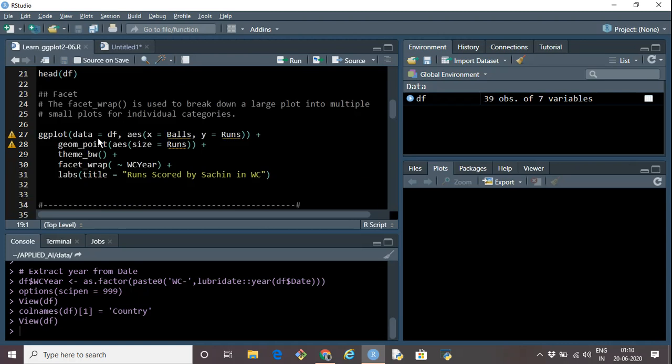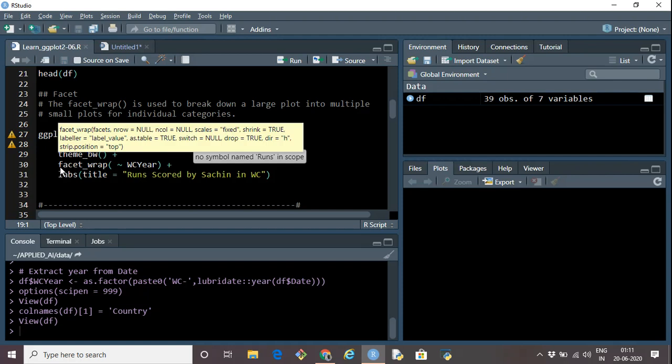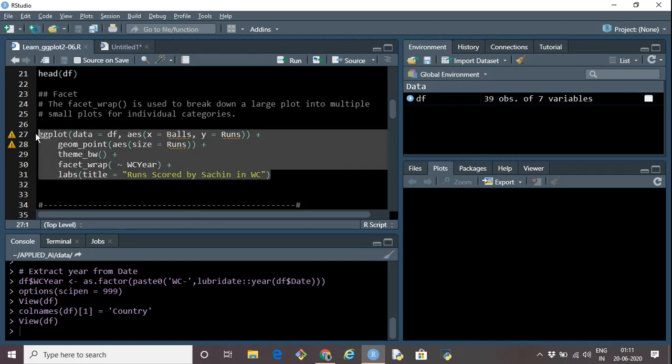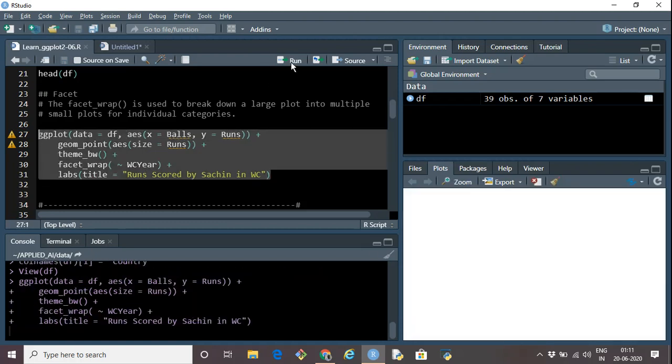So what I'm doing here is, again, ggplot is a function calling the data frame df. X-axis is the number of balls faced, y-axis is the scores, that is the runs scored by Sachin, and the points should be sized based on the runs he scored. And I'm adding theme_bw. Now I'm using the facet_wrap function. I'm faceting it based on this variable World Cup year, and I'm just giving a title. So let's see how it looks. If I execute this,